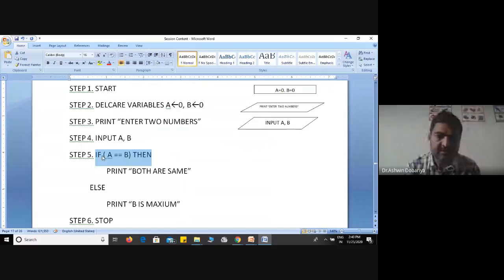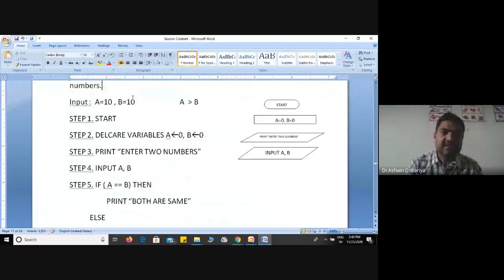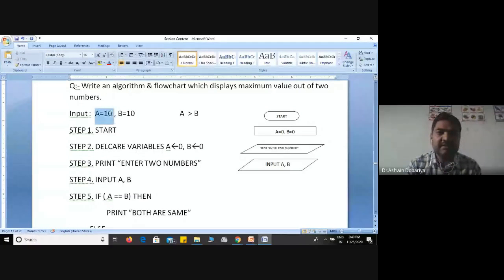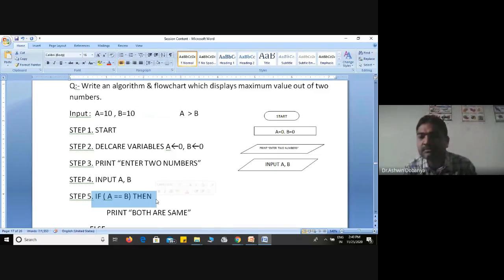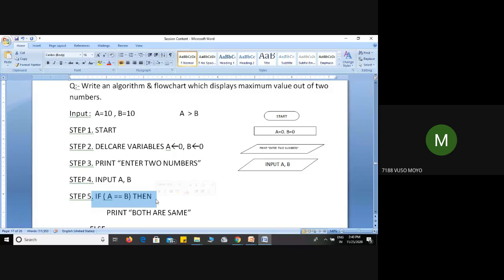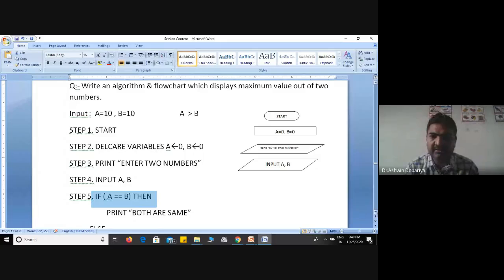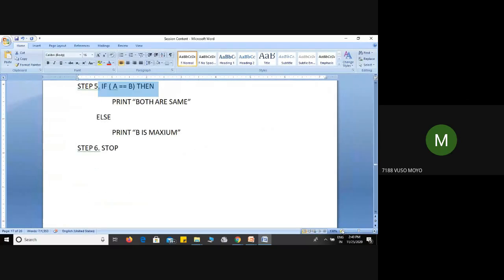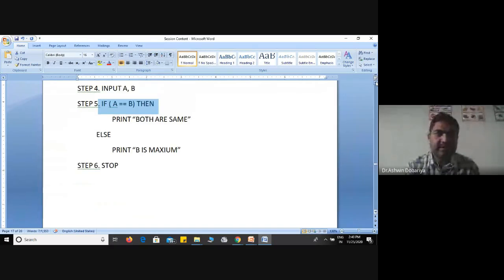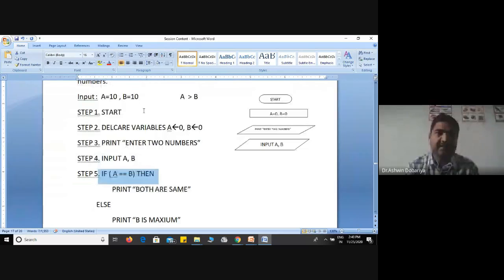Let me take an example. If I enter A is equal to 10 and B is equal to 10, then this condition becomes true. All of you agree with me, right? Then here our output is both are same. Now you tell me,